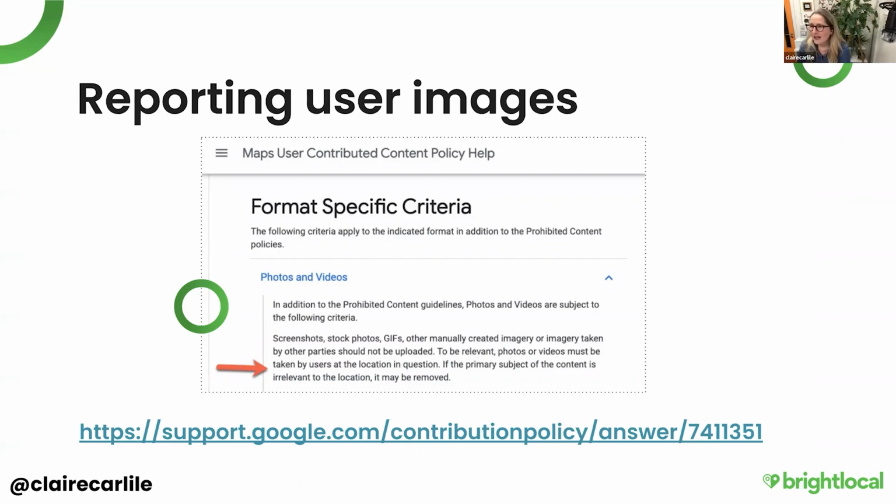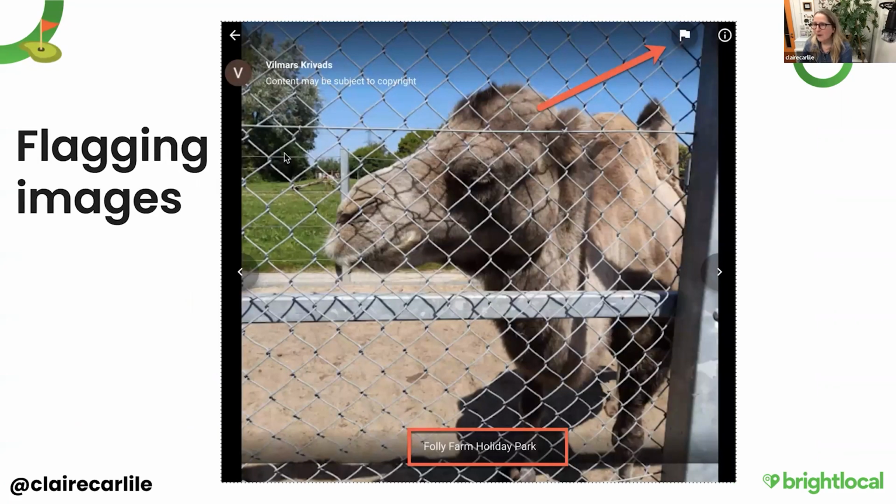So if you've got that, this is an example. I work with two businesses that are like sister, brother businesses. So they have a similar name, but they're completely different. One is a holiday park, somewhere that you go and stay on your holidays. One is a zoo, which is somewhere that you look at camels. So it's not very useful for the holiday park to have a photo of a camel on its location,